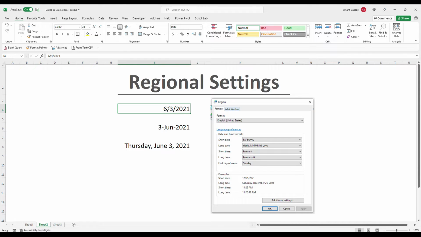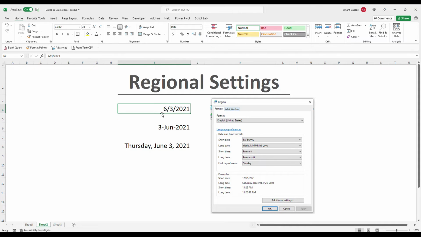When you type a date in a cell, Excel applies a default number format on top of it, which it takes from the regional settings of your computer. So here, for example, you can see that this format is applied in the formula bar. In this cell, the date is shown as 3rd June 2021, but here you can see the same number format, which it takes from the control panel regional settings, is applied on this date also.